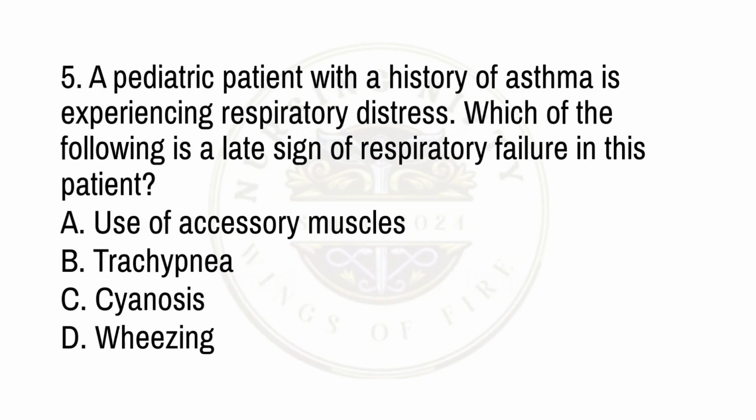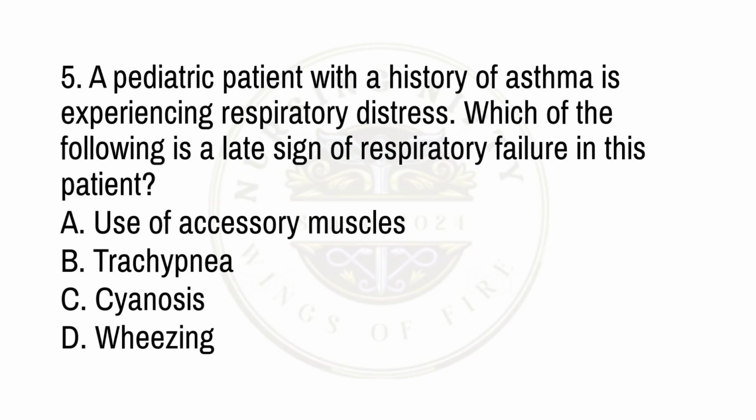Question number 5. A pediatric patient with a history of asthma is experiencing respiratory distress. Which of the following is a late sign of respiratory failure in this patient? Options. Option A. Use of accessory muscles. B. Tachypnea. C. Cyanosis. And D. Wheezing. So here the right answer is option C. Cyanosis. So cyanosis is a late sign of hypoxia and impending respiratory failure, indicating severe oxygen deprivation in the body